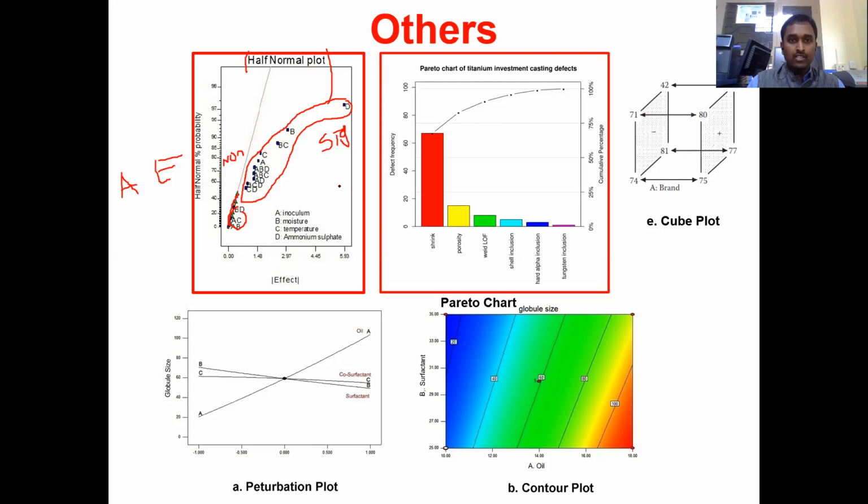Okay, so from this half normality plot, you will be able to develop the Pareto chart. The Pareto chart starts from D, which is completely away from the line, so it is the highly significant factor. That is here, then followed by here, then followed by here, and the remaining factors you are seeing have very low impact on the response. These factors, which fall on this line, don't have any kind of influence.